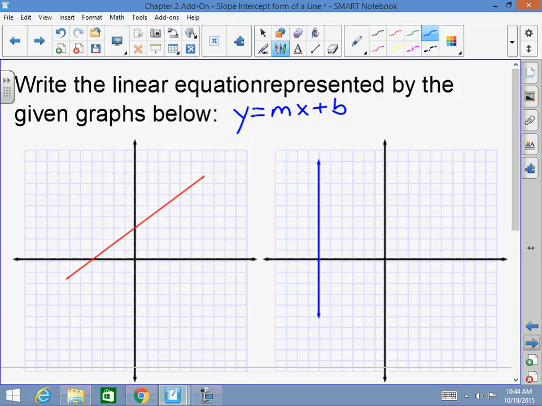So first of all, the y-intercept should be very simple to capture here. What's the y-intercept here? 1, 2, 3. So guess what, guys? B is already 3. Done. That's my y-intercept. Now, to get my slope,